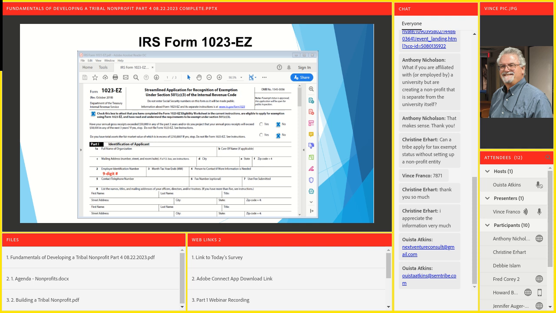Then underneath that, they're asking you again about the income and assets. The first one: have your annual gross receipts exceeded $50,000 in any of the past 3 years? And will it exceed $50,000 in the next 3 years? And you've got to answer no. Here it is again, right? It was on the questionnaire, and here it is on the actual application. Then the second question is about the assets, the $250,000, and you answer no to that.